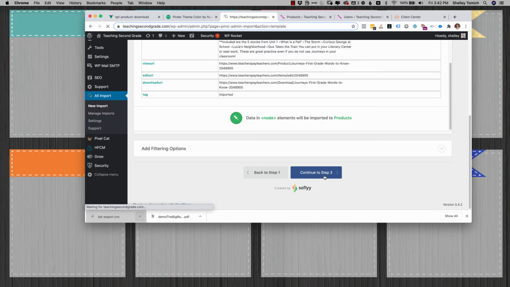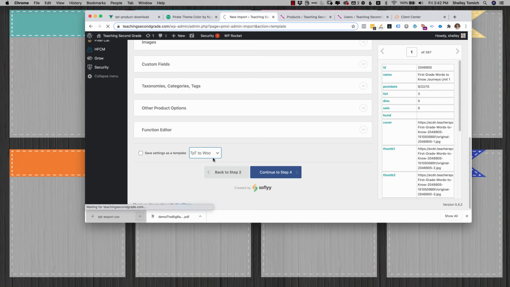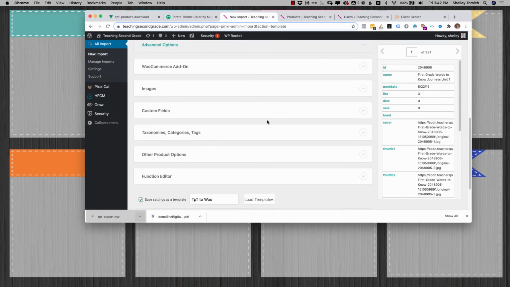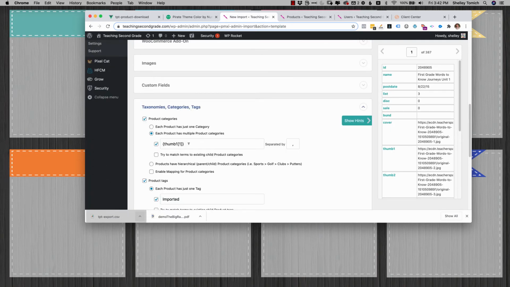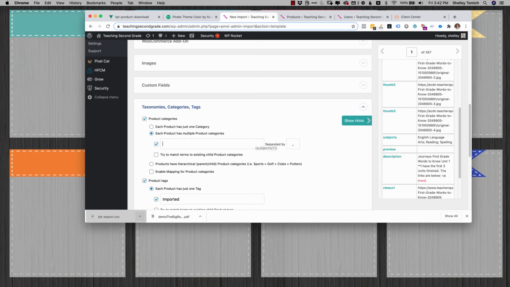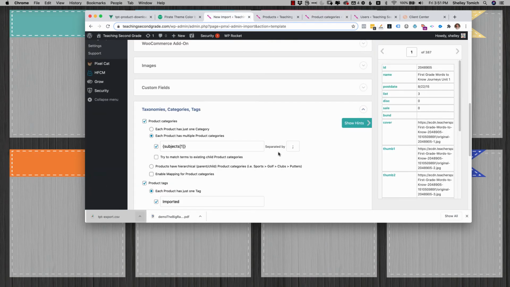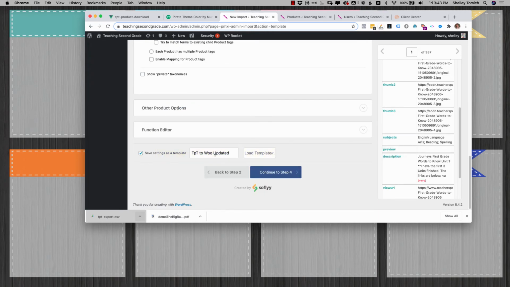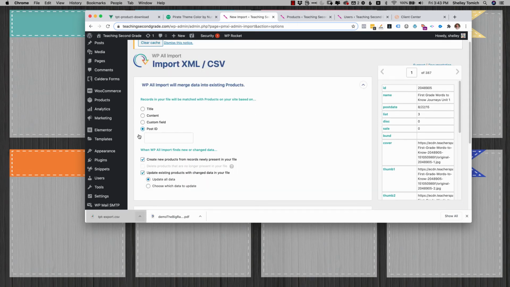go to Step 3 because I know all that's correct. And I loaded my template, but this time I'm going to come down here in categories, and whoops, I put thumbnail 1, so I'm going to replace that with subjects, and I'm going to make sure that I've separated with a semicolon right there. And then I just updated my template, continue to Step 4, and I'm going to match